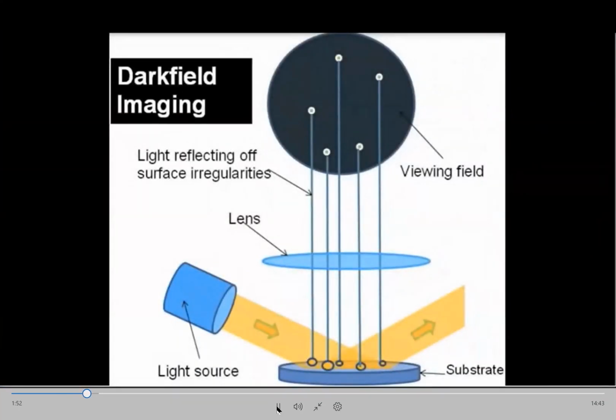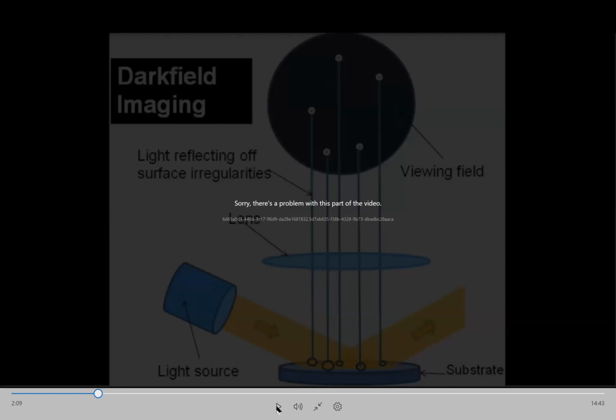In dark field imaging, the light source shines directly onto the substrate and sample, but it is at a low angle, off the axis of illumination, with respect to the substrate. Most of this light reflects away and never passes through the lenses above. Some light, however, which is scattered by surface irregularities, makes it